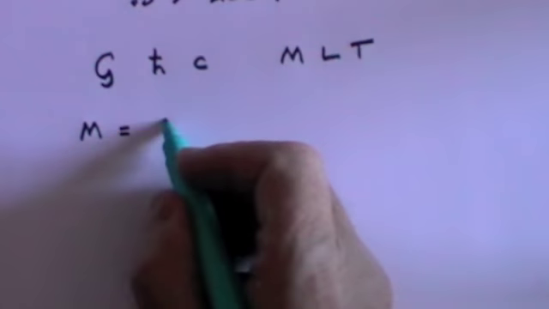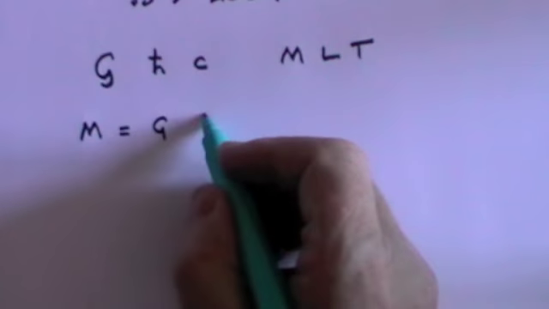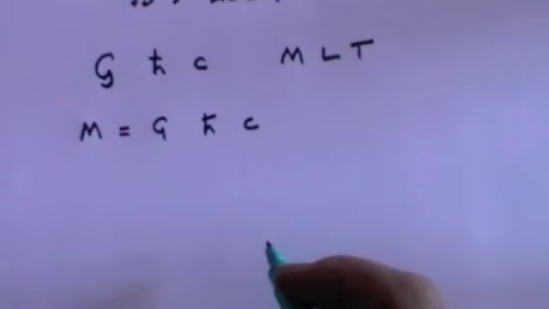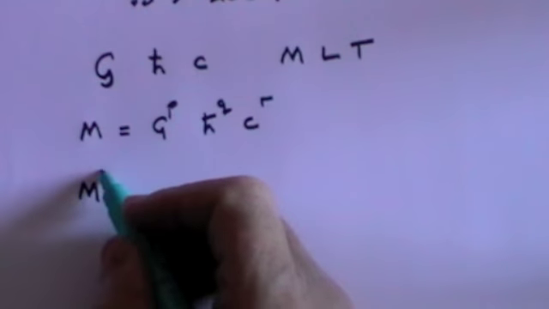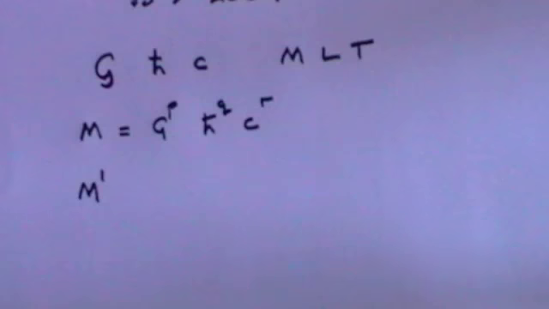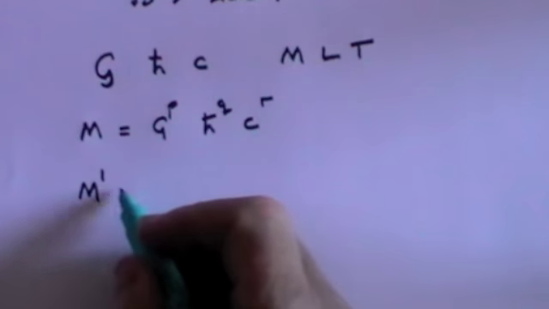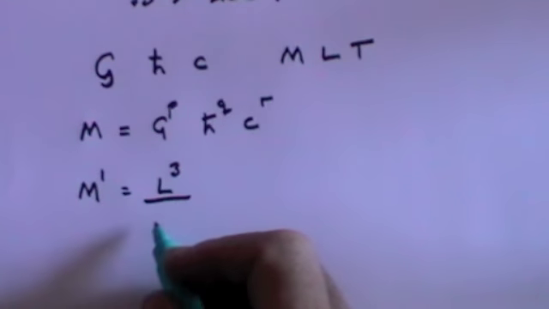So you take G and h bar and c and you raise them to the powers p, q and r respectively in order to find out what mass is going to be. So mass, which is obviously going to be to the power 1, is going to be G. Well, G has units of length cubed divided by T squared